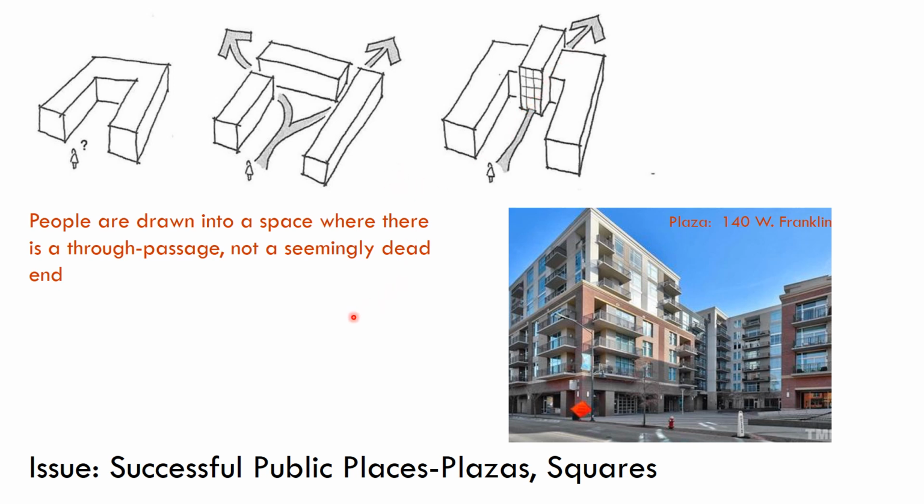And I think there's something to this when we look at 140 West Franklin, and this plaza. It has some issues in terms of what's happening in it, but I think it might also be affected by this phenomenon where, at this back part of the plaza, you indeed can walk through there. We know that if we've been there before, but to the passerby, you might look at this and think, well, what's going to draw me in there? And is this kind of like a dead-end space? So I think we have a little bit of this phenomenon that might be going on there.